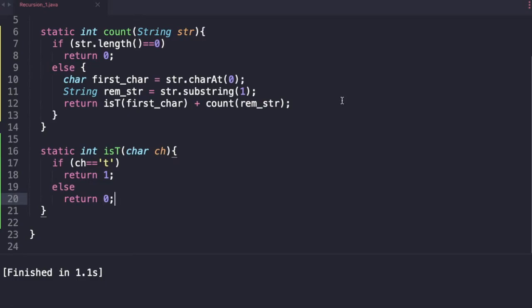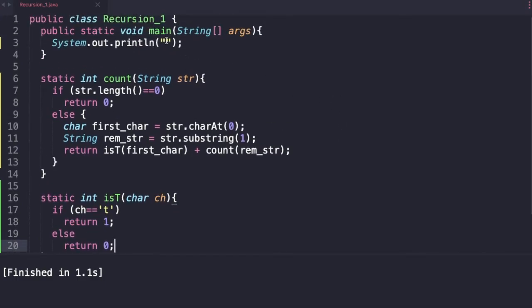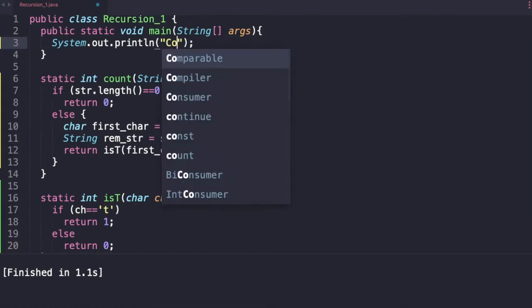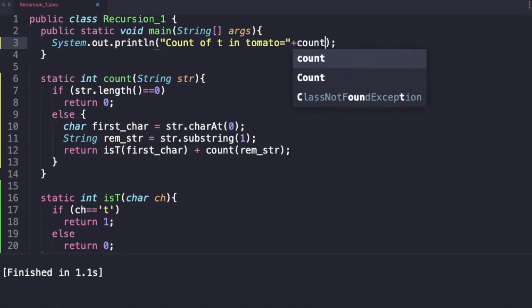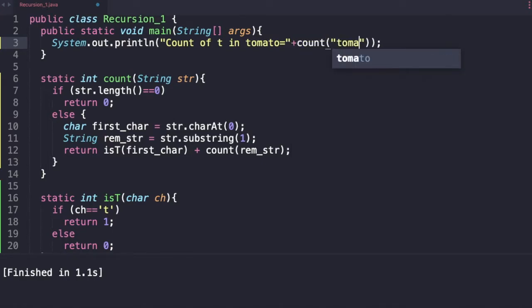Now that we have coded it, we can just say count of t in tomato is equal to count, and let's run this code and see what we get as the output.